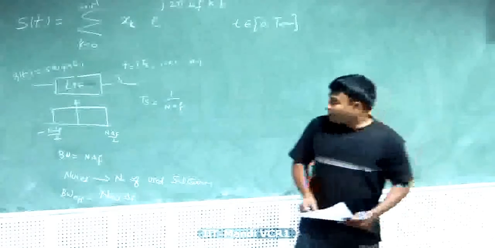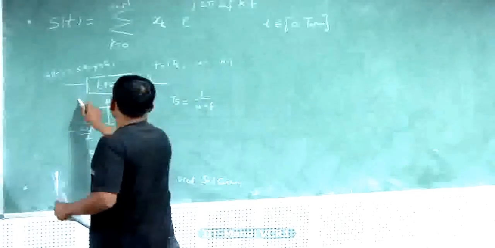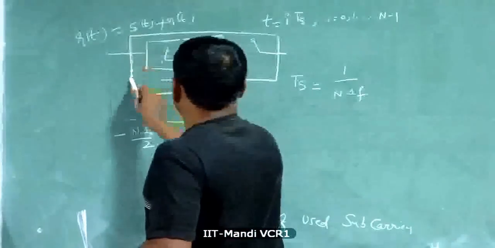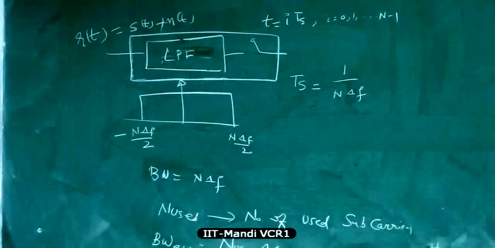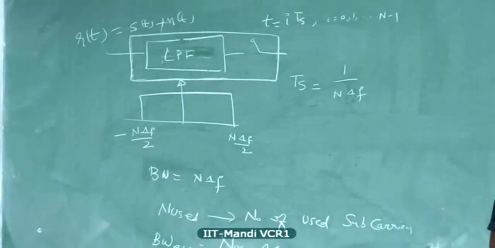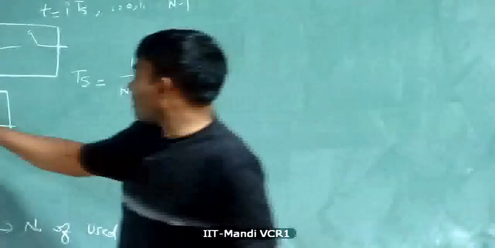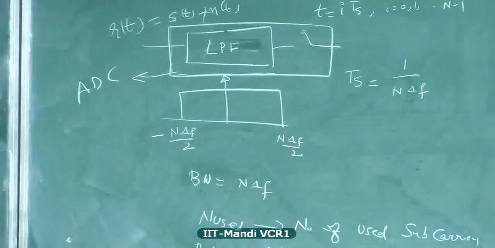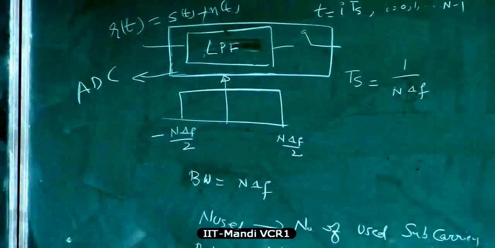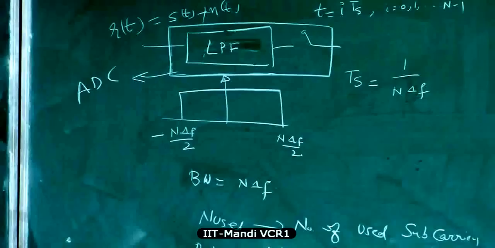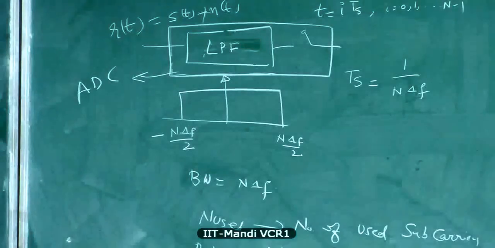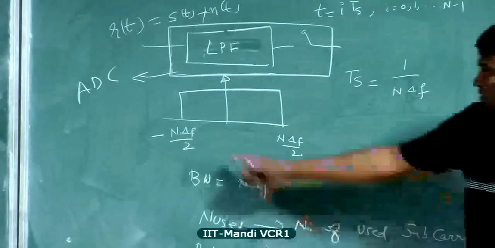Now we can view this entire block as an ADC. That's what I meant. This is an ADC. It performs low pass filtering, and the output of this ADC is discrete samples. This entire block is viewed as an ADC. You may or may not build an ADC in that particular manner. You may split it into 2 parts or 3 parts, but currently we'll view this entire block as an analog to digital converter.